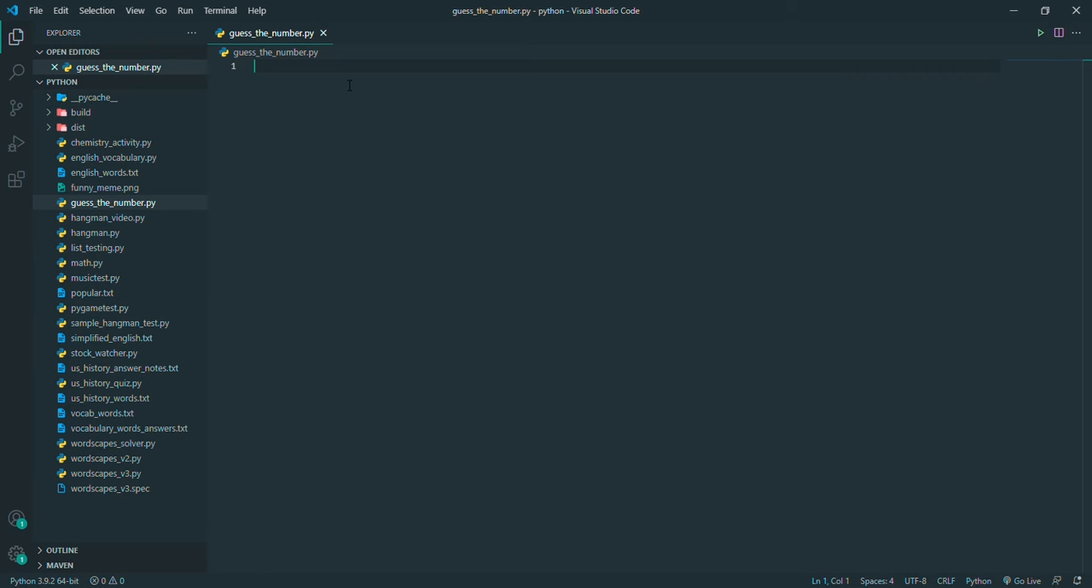So the first thing we want to do is import random, and this is because our number is going to be randomly generated, so we need to import the random library. And now the second thing we're going to do is we need a computer number, and that's going to be random, which is why we imported random. And let's just call it number. And we're going to set that equal to